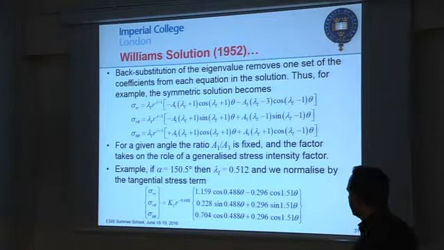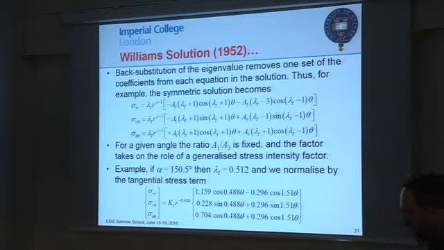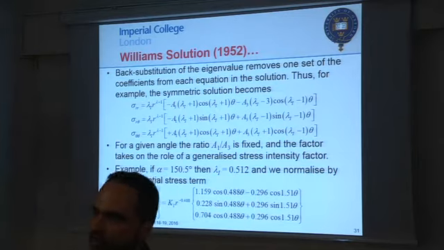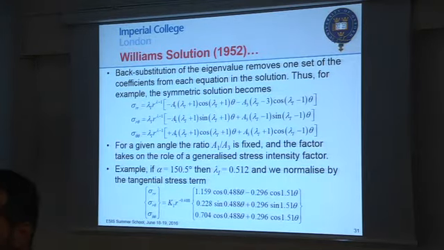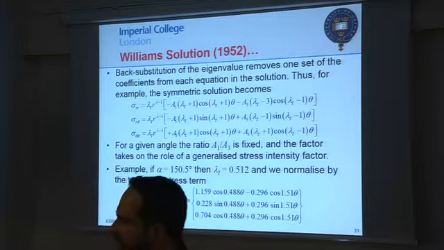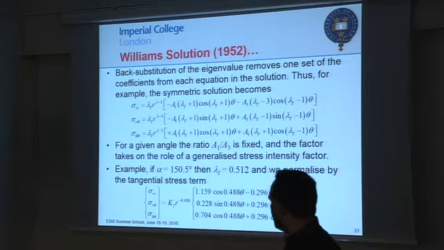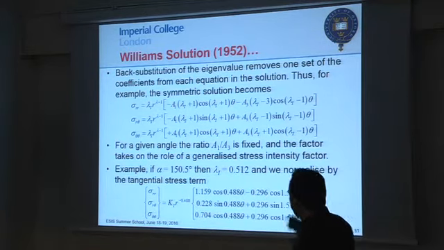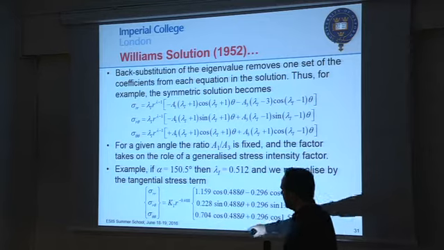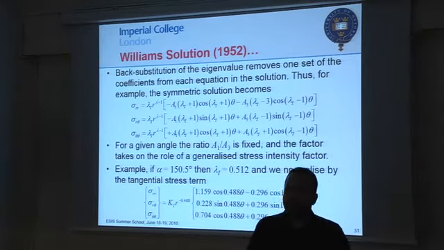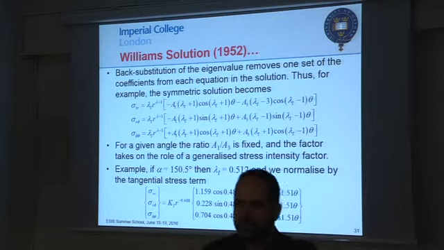A1 over A3 is a fixed ratio, and that actually becomes the factor that you need to put in front of your equation to find the stresses. So really, the ratio between A1 and A3, you can imagine you just divide everything by A3, you get A1 over A3 in all of these equations. That factor can be taken out of the equation and becomes your stress intensity. That's how you get the first equation that is written as